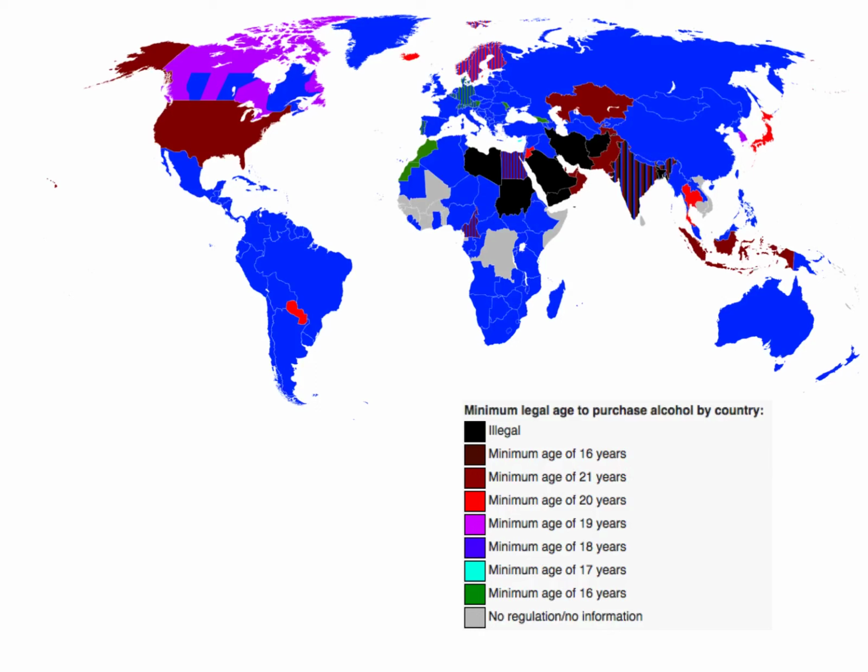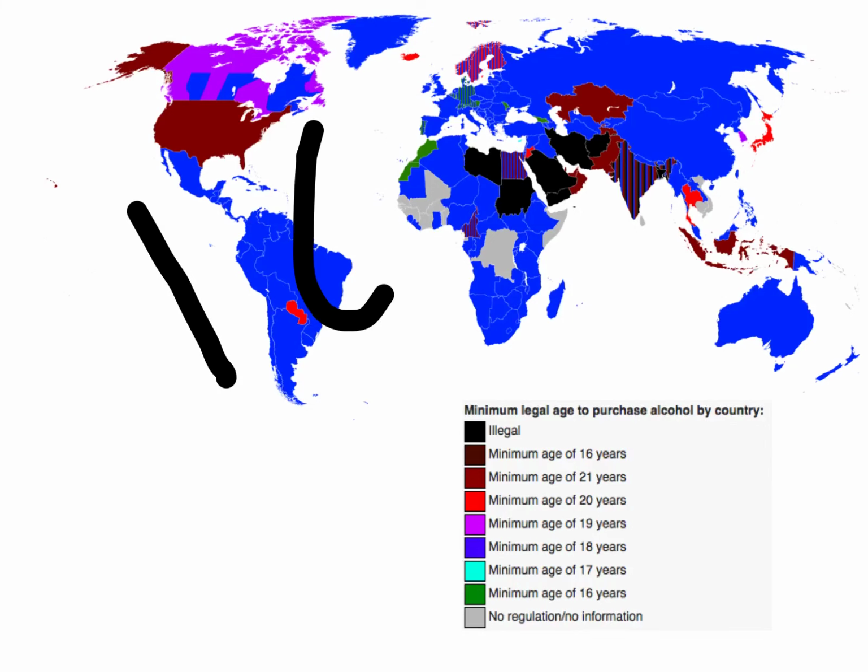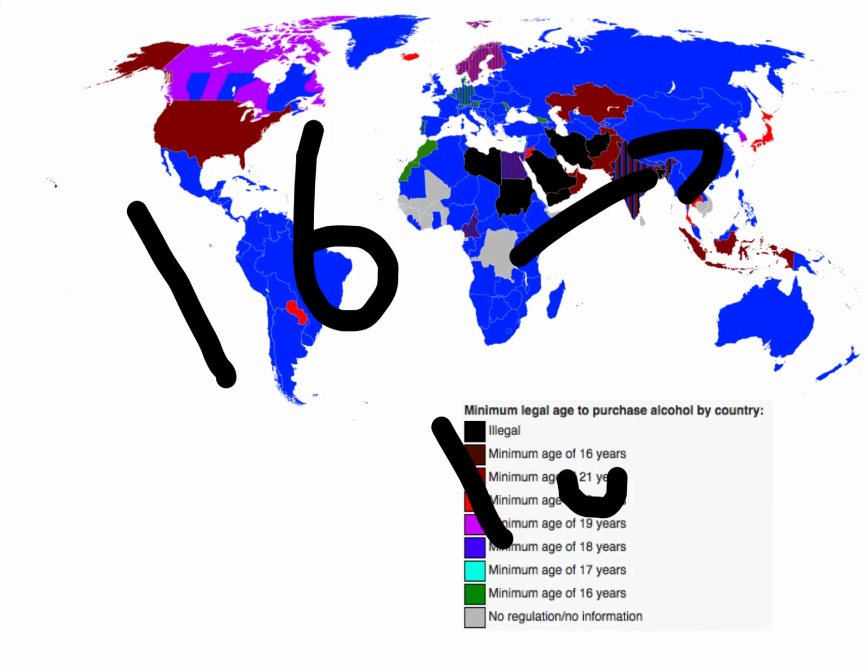Until recently, the Netherlands pursued a very liberal drinking policy because until 2014 people were allowed to drink in Holland when they had reached the age of 16. As you can see on this map, almost no country in the world has the same policy. Most of them have set their legal drinking age on 18. And by now the Netherlands is one of them because recently the Dutch government decided to raise the legal drinking age from 16 to 18.